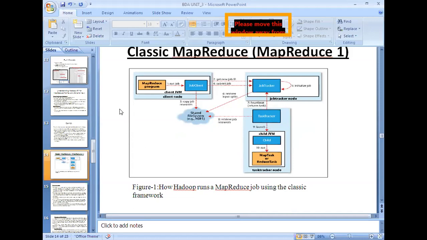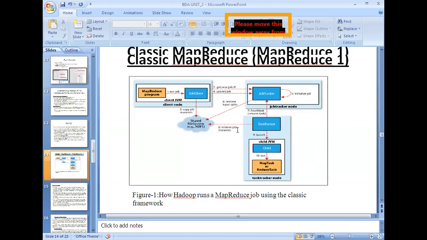Now what we have to observe is how the job submission is done, what happens after submitting the job, how we supervise the progress and status of the job, and finally how the output is generated. These are the various steps to observe from this diagram.